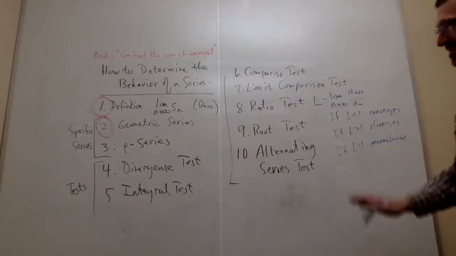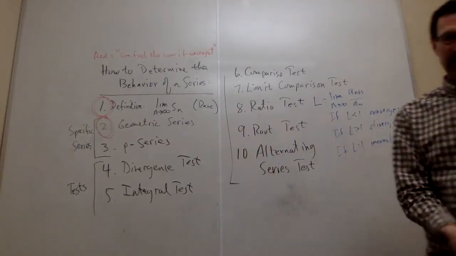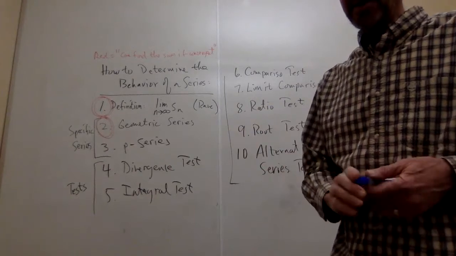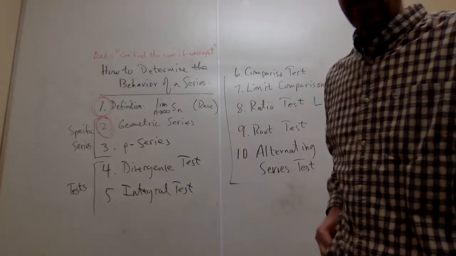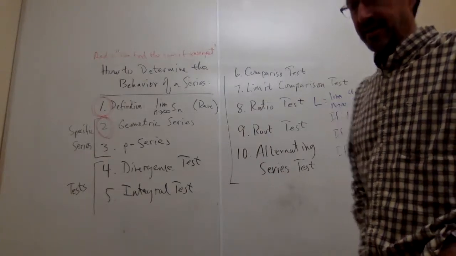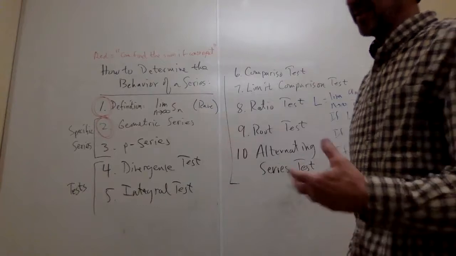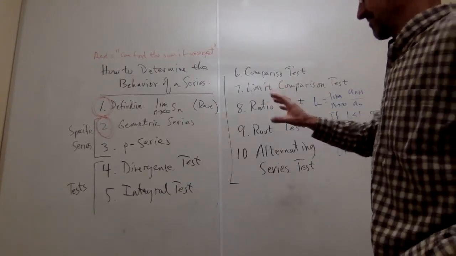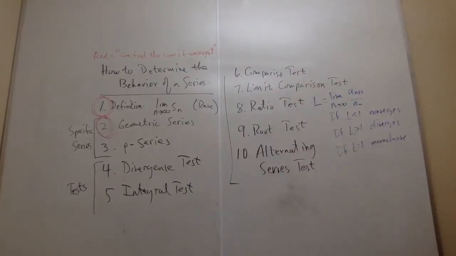Okay, so every test 4 through 10 have these conditions, that is how we run the test and how we interpret the result. So you should start formulating in your mind, and maybe even on paper, think about a 3x5 note card maybe, the best way for you to get that information down. And you really need to pay attention because they're all similar, but they're all a little bit different. So on the board, with the exception of the ratio test, I haven't written the details out. Let me get out of the way of the ratio so you can see it.